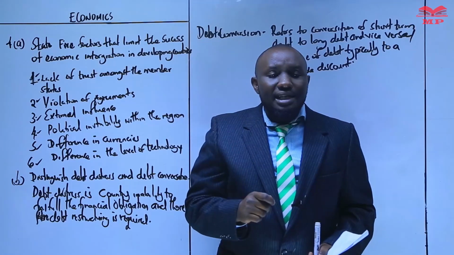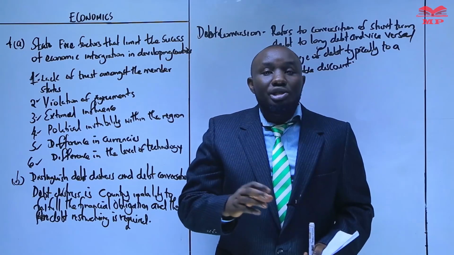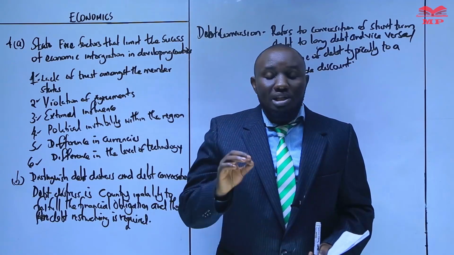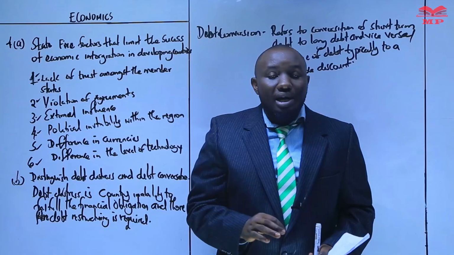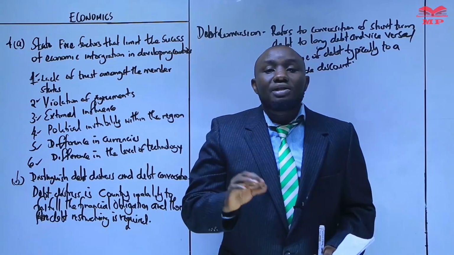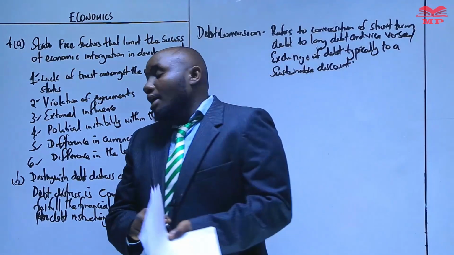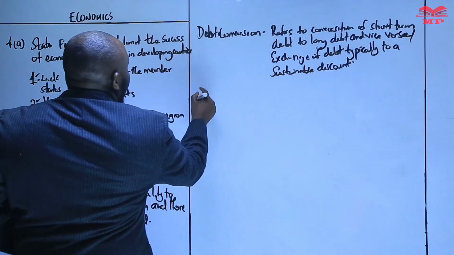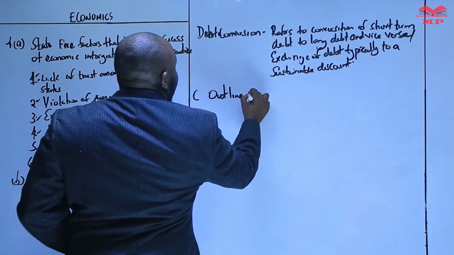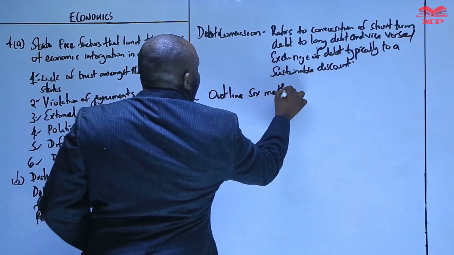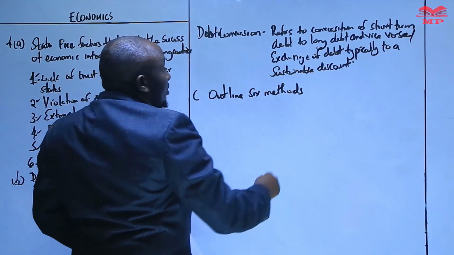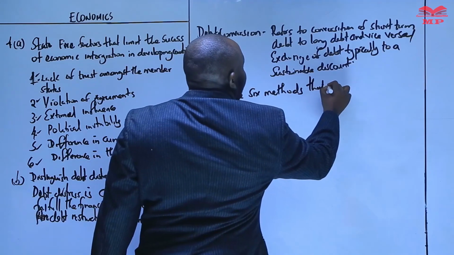So the examiner is asking us, what are some of the methods that we use to clear external debt? Because these obligations actually affect the growth of a country. So we can put that on the board. Outline 6 methods that may be adopted